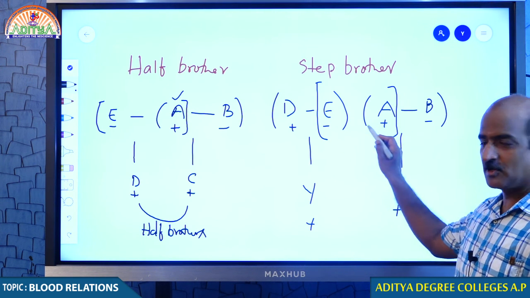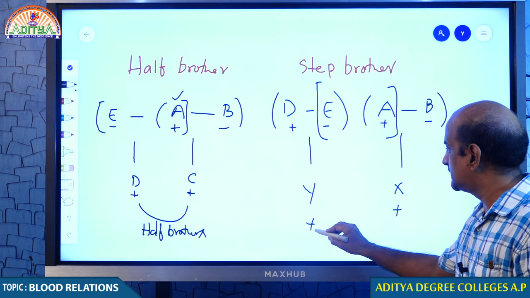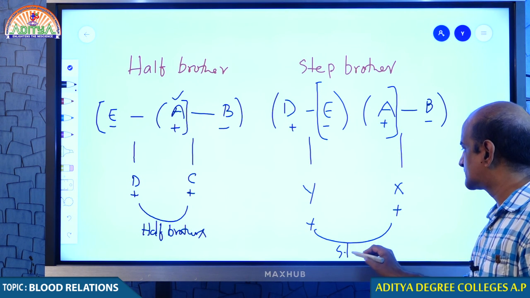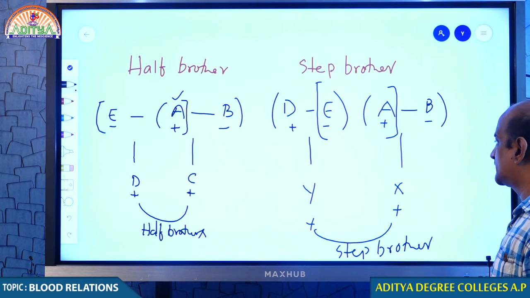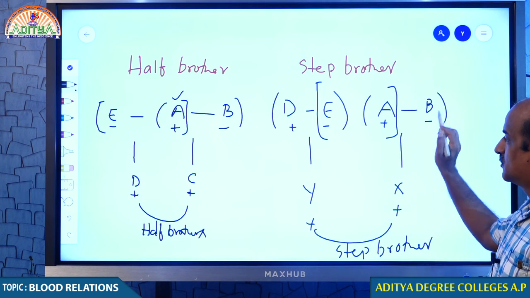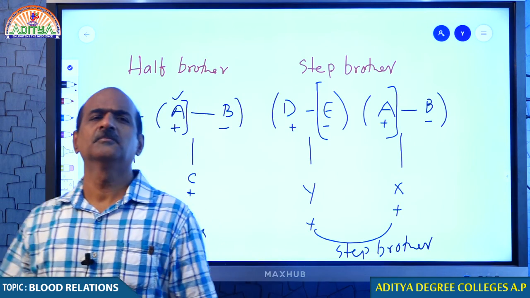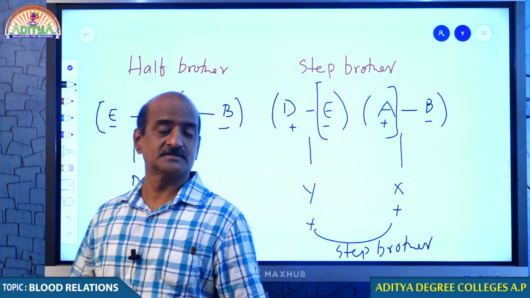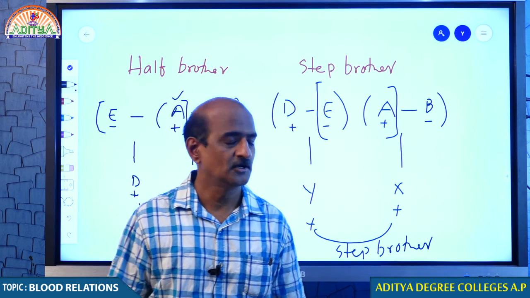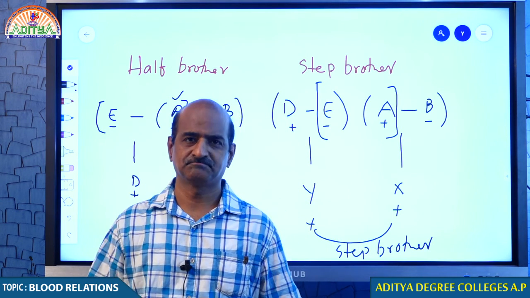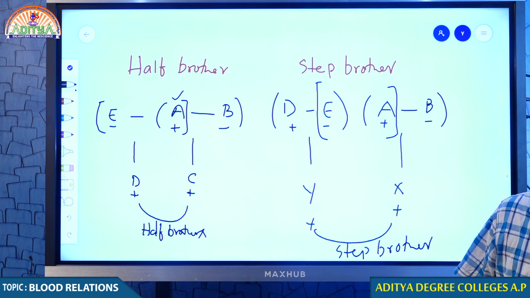Obviously, when these two people got married, they happened to be living in one room, one house, that is for sure, and these two children should be known as step brothers. The reason they are step brothers is because none of their parents are common. X's parents are totally common, Y's parents are totally common, biological parents. But maybe they are living in the same house. This is called stepbrothers. Stepbrothers are those where no single parent is common. You understand, students? So, this is the difference between stepbrother and half brother.